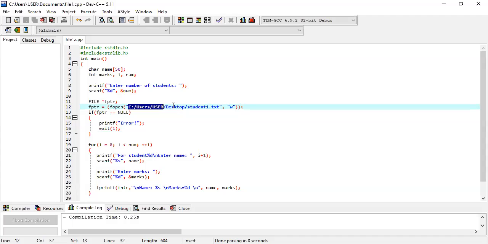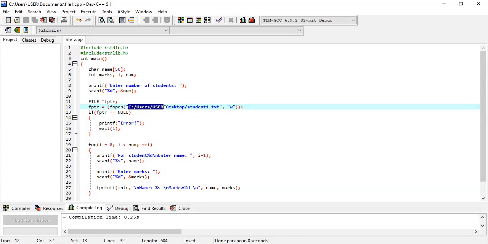It is not the same for all devices. It totally depends on your machine. That's why I'm saying: go to the desktop, right click, go to Properties, copy whatever is written in the Location part, and paste it into this line.